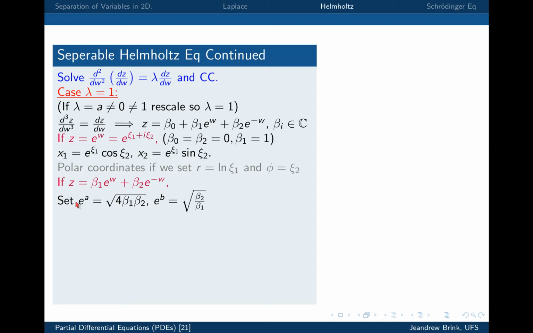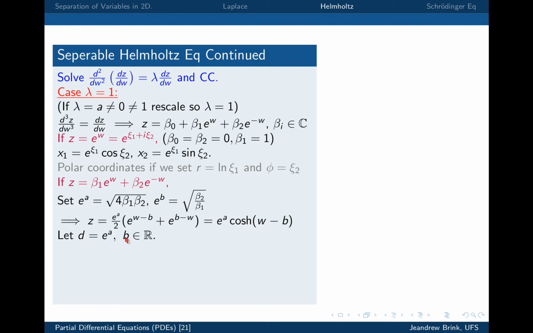I'm going to set e to the a equal to this expression and e to the b equal to the ratio of the two. And then this transformation is equal to that thing, which I can then write down as e to the a cosh of w minus b. Okay, and if I go one step further, I'm further going to assume that